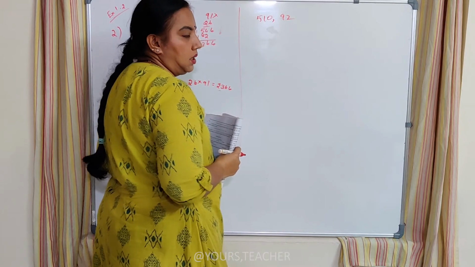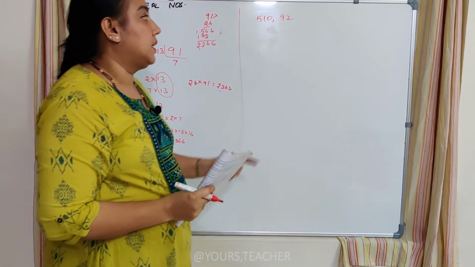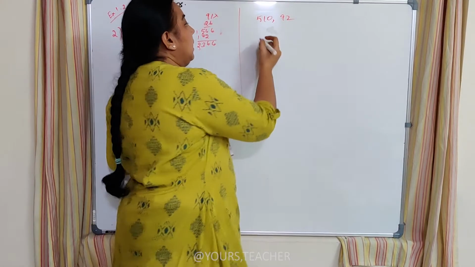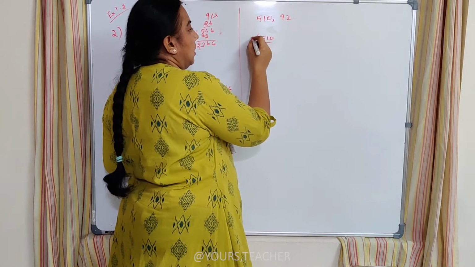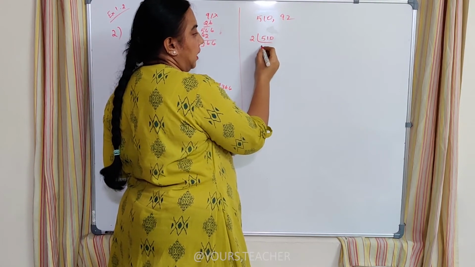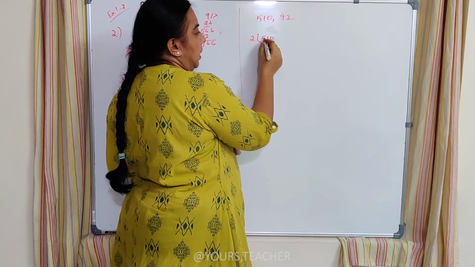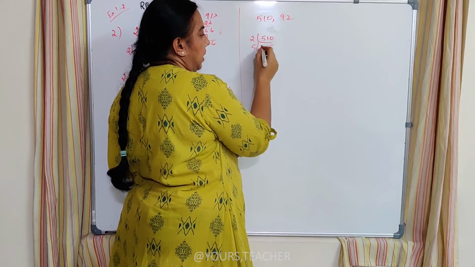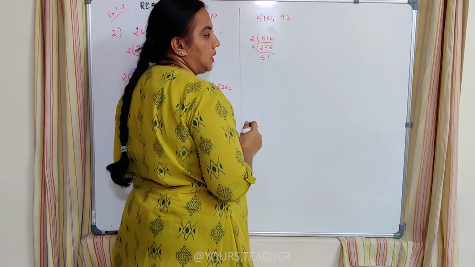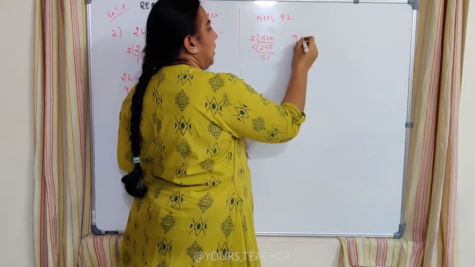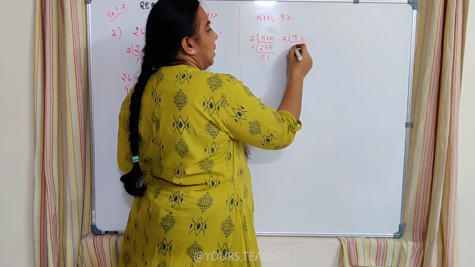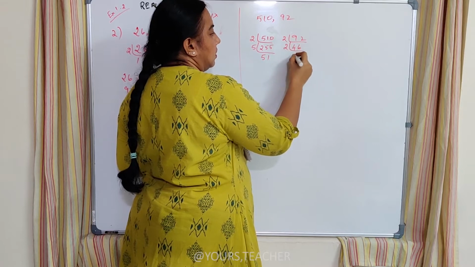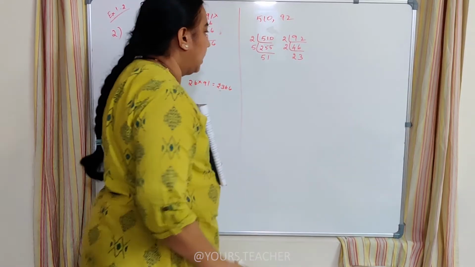If I try Euclid's division lemma, again I will get only the HCF. I won't be able to calculate the LCM. So let us do the prime factorization method only. 510 divided by 2, I am using the 2 table directly. I get 2 times 5 is 10, remainder 1, 11... so I get 255. Then 5 times 5 is 25, again I am using the 5 table, 5 times 1 is 51, it becomes a prime number, so I end it here. 92, I am using the 2 table again. This comes 4 times. 12 comes 6 times. 2 times, 3 times. 23 is a prime number, so I end it here.